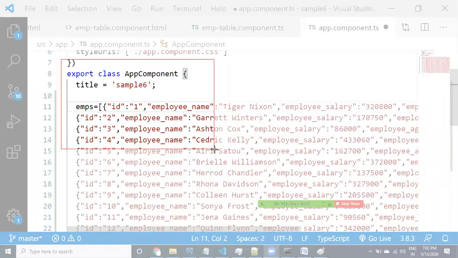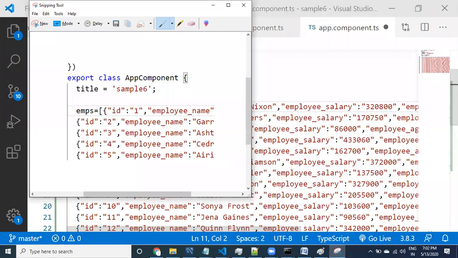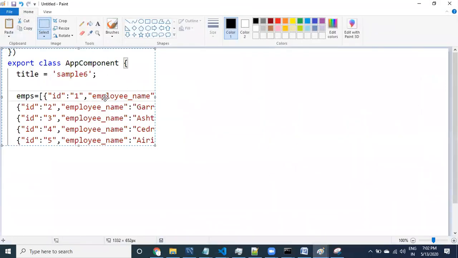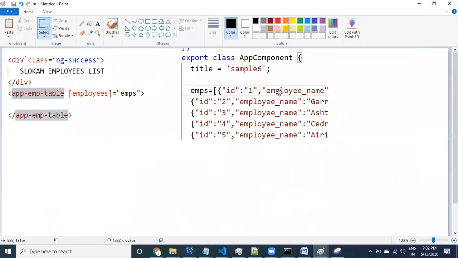I'm going to cut until this spot. See here, guys, which component is it? App component class.